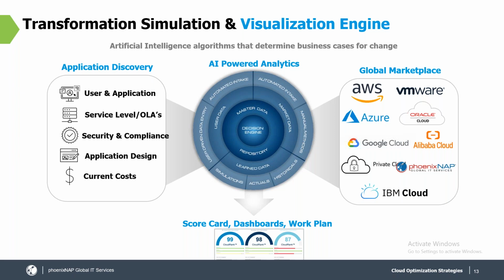We possess a global marketplace, visibility into what can be offered, what do people charge for it, and what service level and security is associated with those services that are available. So in one solution, you can provide to your clients visibility across Amazon, Azure, Google, Alibaba, IBM Cloud, Oracle Cloud. But you also can inform your customers around these alternatives to deliver cloud through a provider such as phoenixNAP. So in one place, you can provide this unbiased agnostic view that informs your client on their right mix of